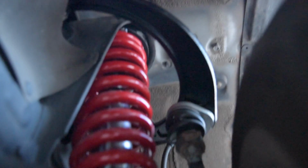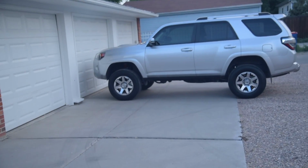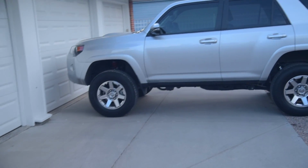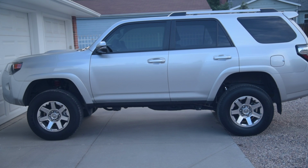New upper control arms. Nice red coilovers. Shiny. Check out the back. Now you can definitely tell it's much higher than it did before. It's got a 2.5–3 inch lift on it now, and it does kind of look a little silly with the